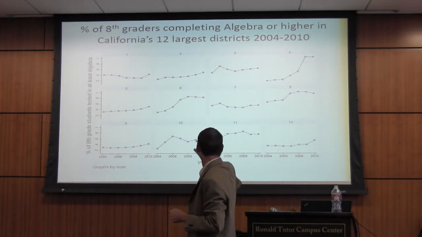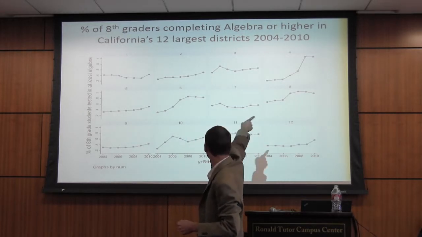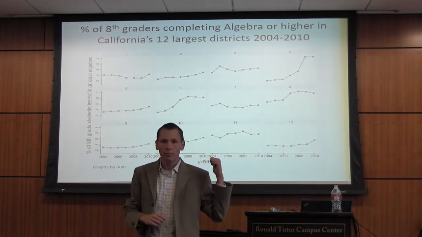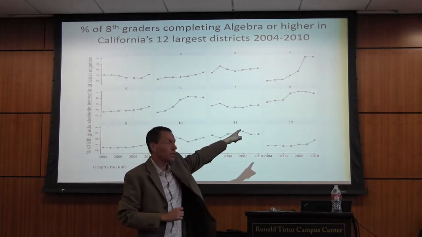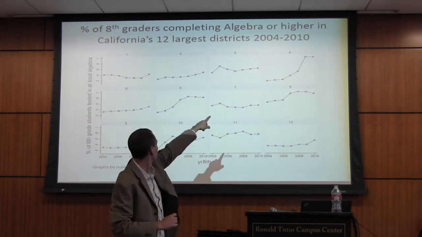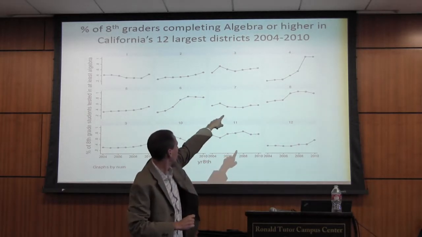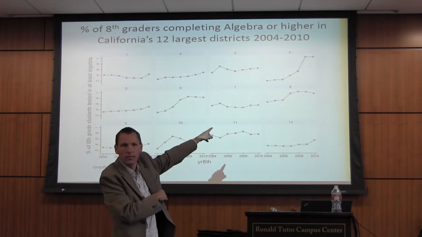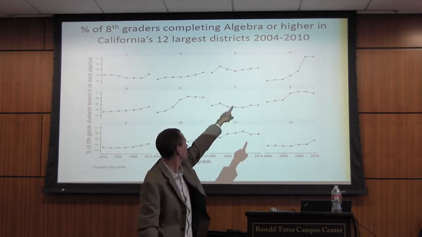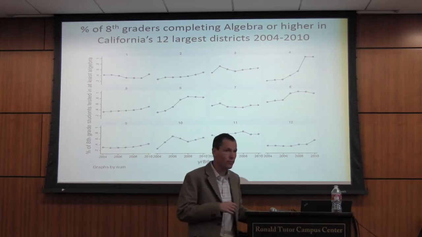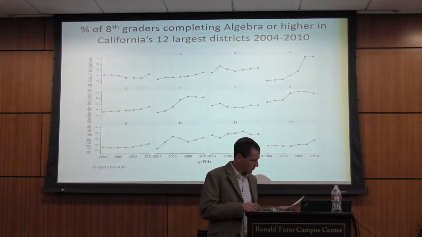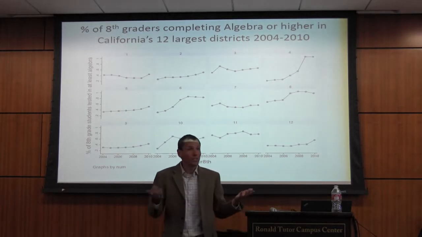There are other districts that take big leaps, like District 4. Here's a district that got the memo when the state said 8th grade algebra for all, and exactly when the state said it, this district, District 4, went from about 50%, right? They're already acting in advance. They could see it coming, but they went from about 50% to almost 100%. So what's the difference between District 4 and District 1 in their response? Qualitatively,